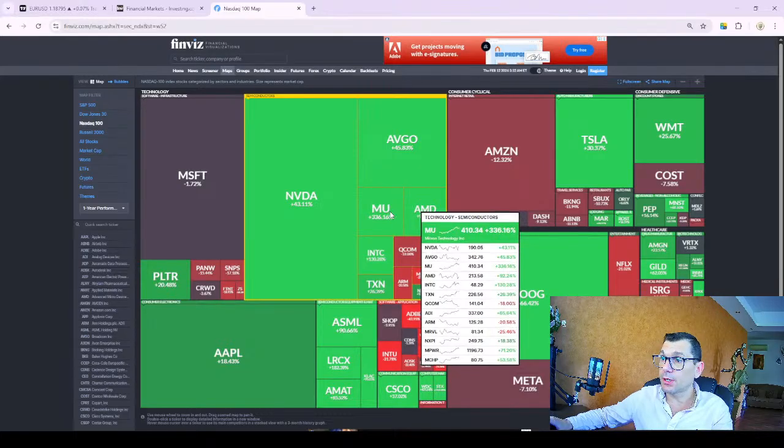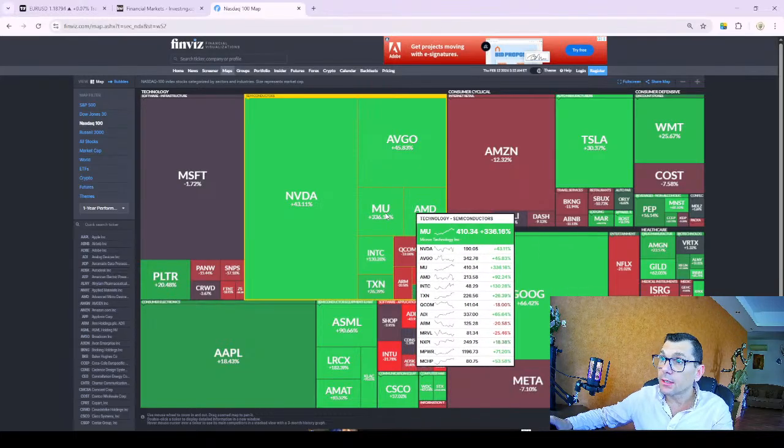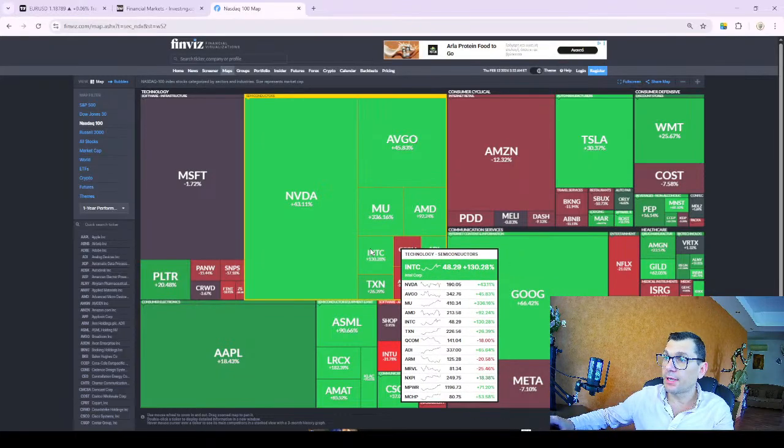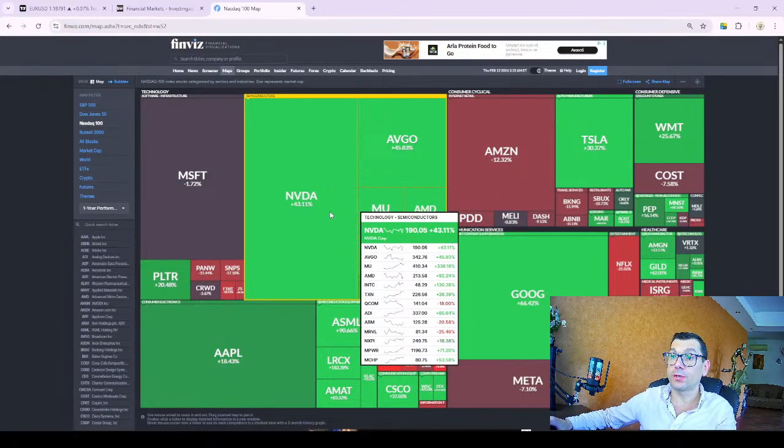You see here, some companies like this one, Micron Technologies, MU, gone up by 336%. And then you can see the rest of them, for example, Intel gone up by 130%. So if you were holding your shares in these companies, that's how much your shares would go up in value. Now, if you were holding them physically, buying them and holding them like this,